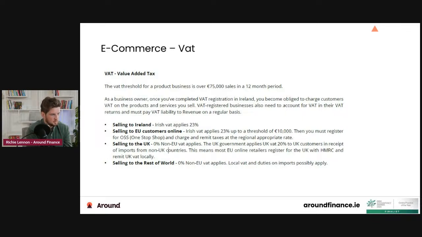So once you're above 10,000 euros into Europe, you've got to charge Italian VAT, French VAT, and so on. And what that means is that you need to remit that VAT to the Italian government or the French government through what's known as the one-stop shop. So again, you've got to keep an eye on your European sales. If you're selling more than 10,000 euros, then you've got to apply for the one-stop shop and remit the local